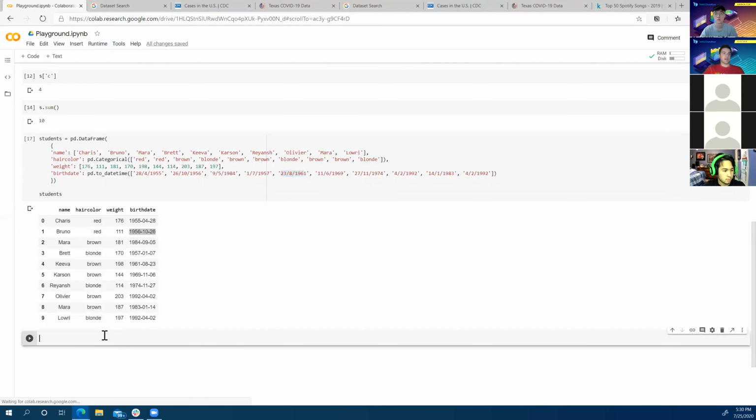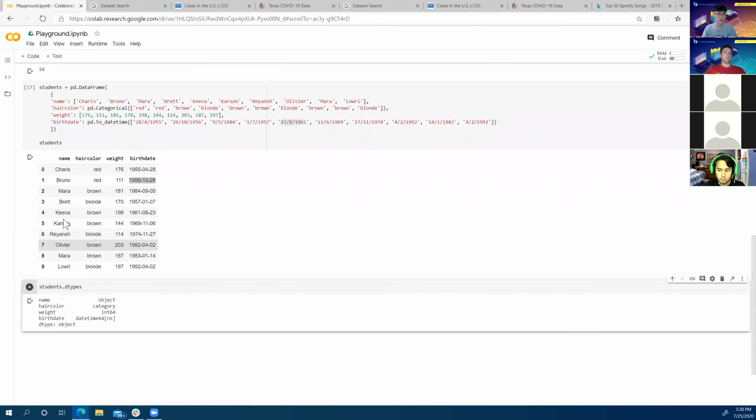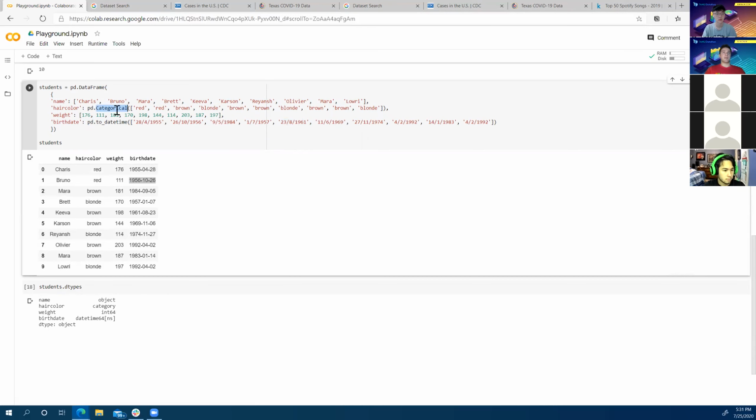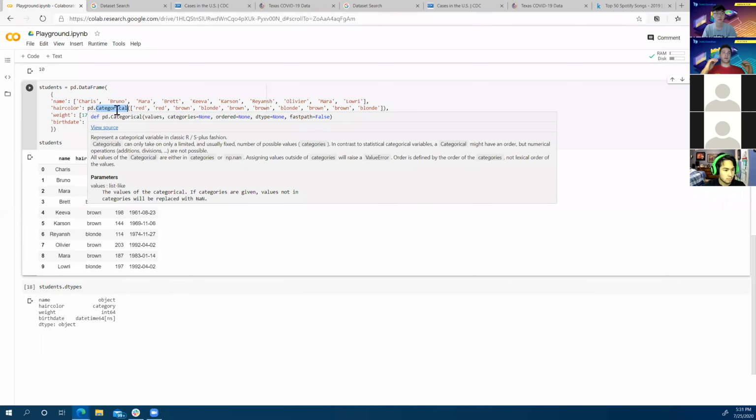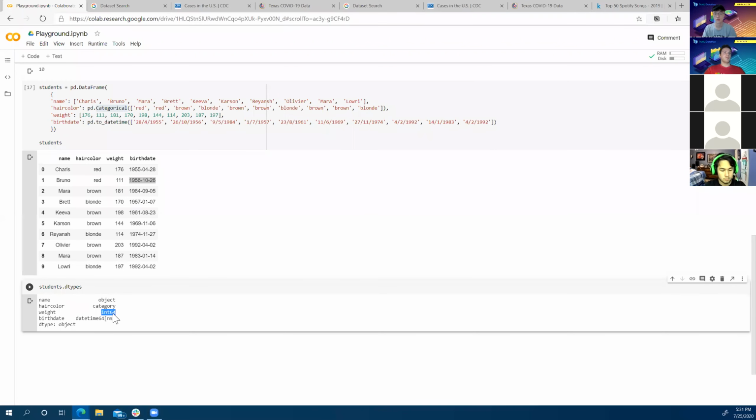If we were to say students.dtypes, we could see that the name is just some sort of generic object. Hair color is a category, which makes sense because we told pandas to interpret them as categorical. The weights are 64-bit integers, and the birth dates are datetime objects. So that's pretty cool.